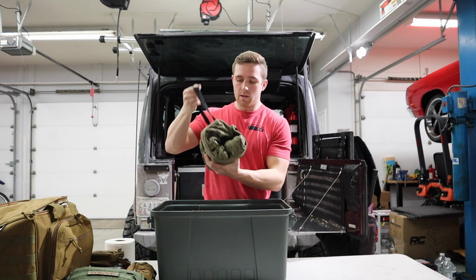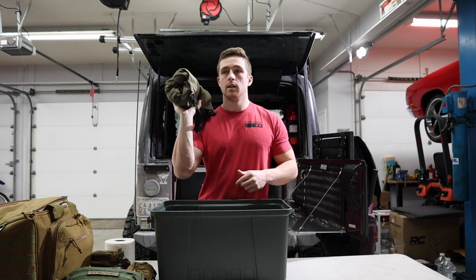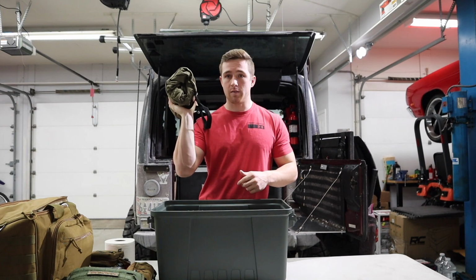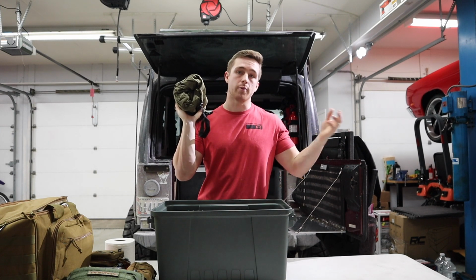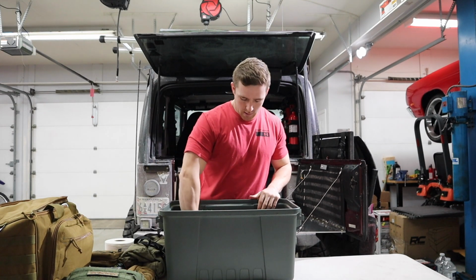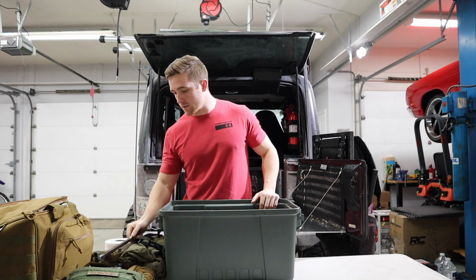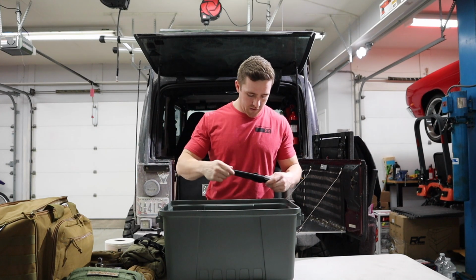This is my tool roll. I have a ton of stuff in here. Pretty much everything I would need plus more in case other people need stuff. Then I have my breaker bar, nothing crazy, nothing special. Just a fixed blade,